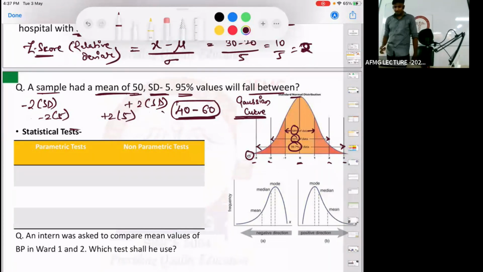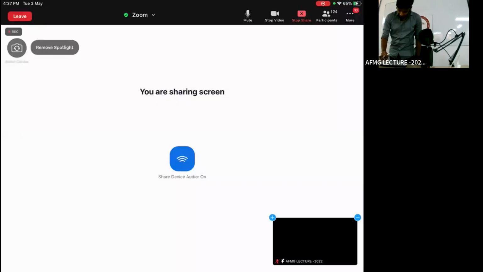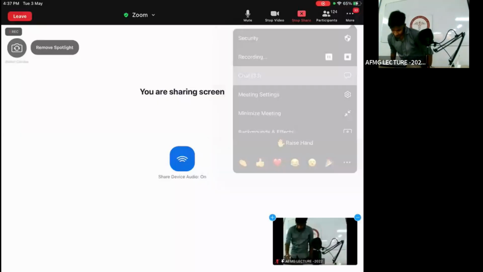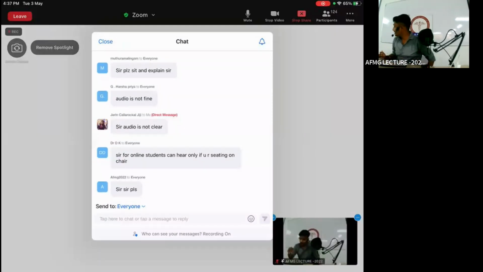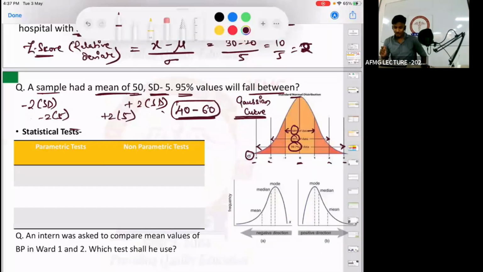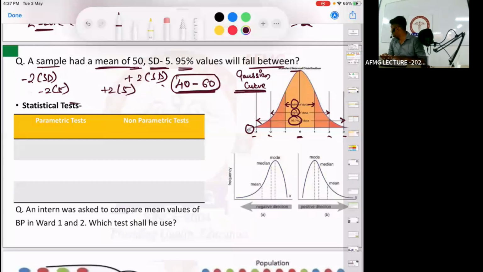What happened, sir? Please. What will happen then? Okay. Got it. I would not stand up. Okay, fine, let's go. Then please let me know if it is a normal or a Gaussian curve. Okay, I'm setting. Don't worry.